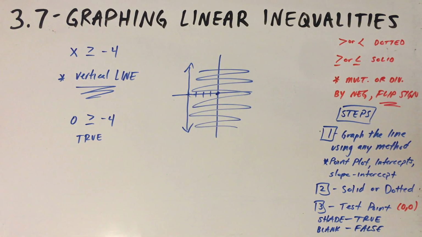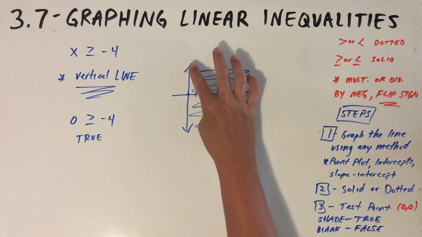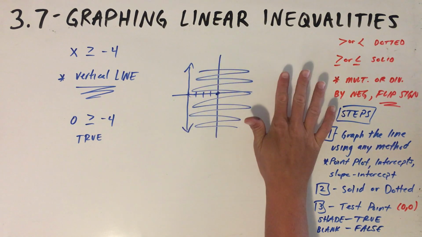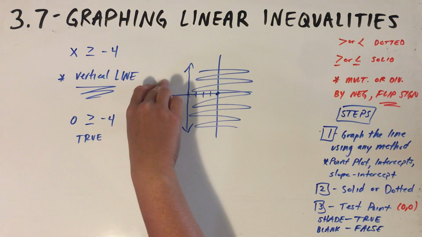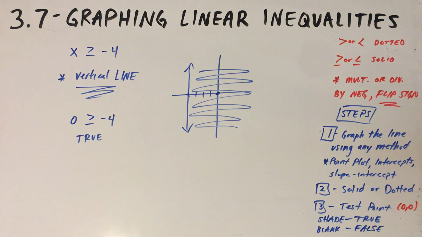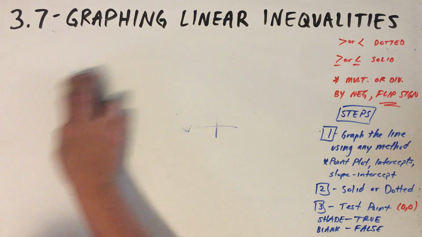So this would be graphing the inequality of a vertical line. Points on the line make the statement true, and all the points on this side do. If you plugged in a point from over here, any ordered pair from over here would make this statement false. Okay? Okay, next one. Let's do